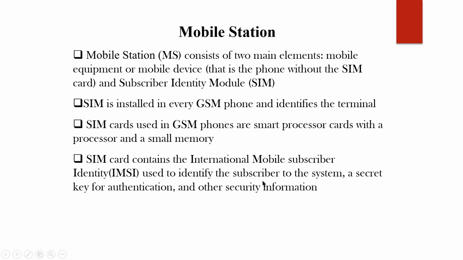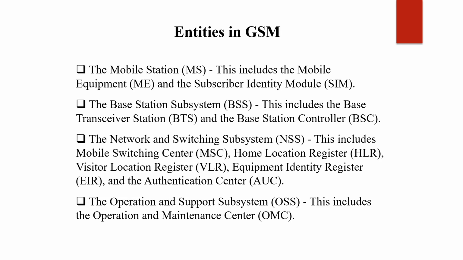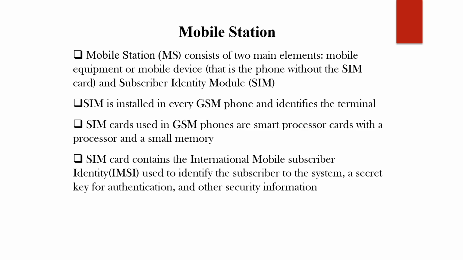The authentication center provides the permissions to your mobile system to use the number of resources. OSS is there. OSS consists of an operation and maintenance server. As I told you, the mobile station has a body as well as the GSM, and the SIM card is installed in every GSM phone and identifies the terminal. The SIM card contains one ID called the International Mobile Subscriber Identity, which is used to identify the subscriber